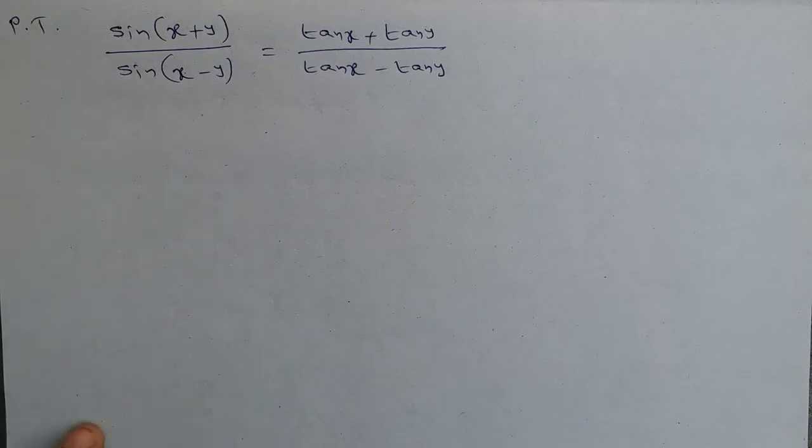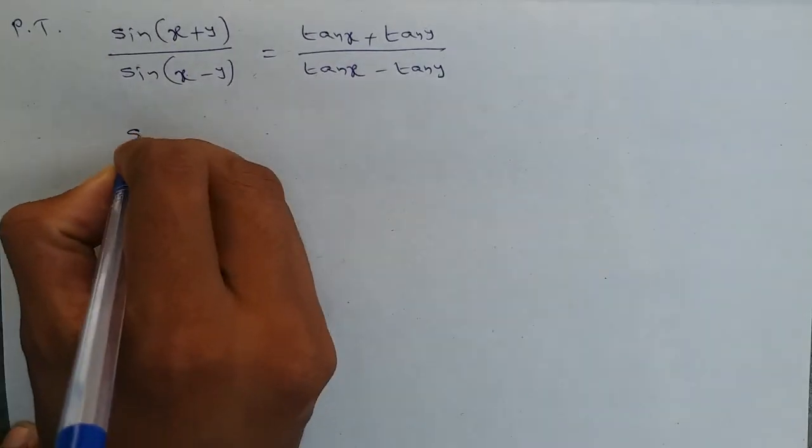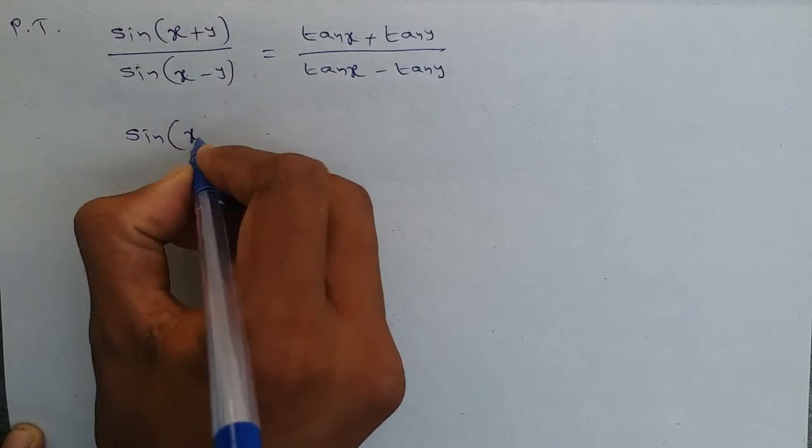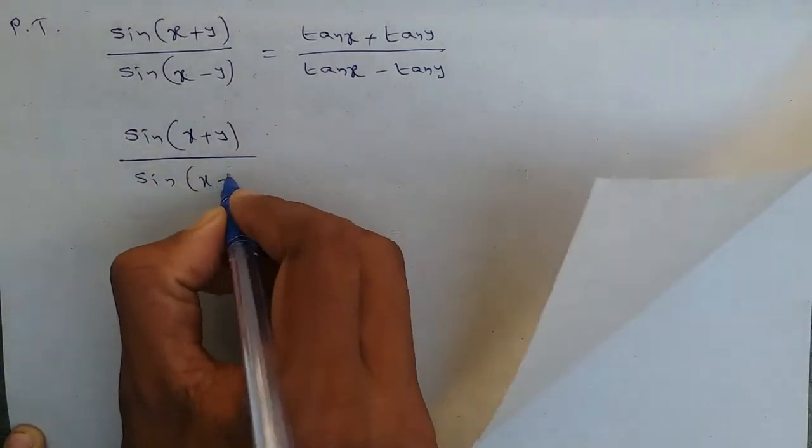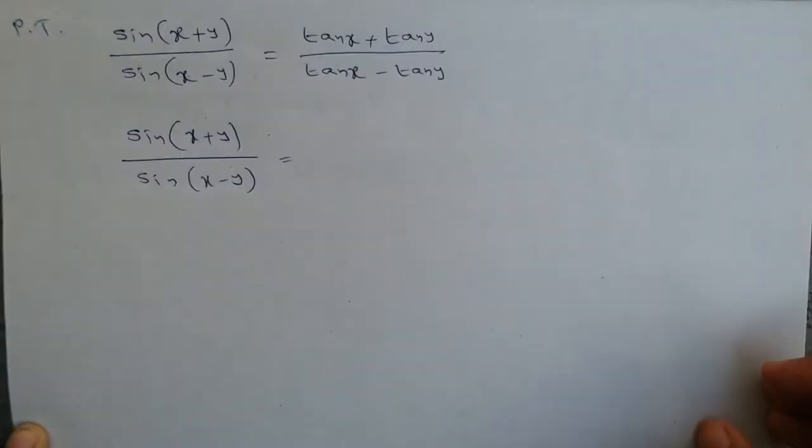Okay, let's have a look at the second question. Prove that sine of x plus y divided by sine of x minus y is equal to tan x plus tan y divided by tan x minus tan y. First I am taking this LHS. It is sine of x plus y divided by sine of x minus y, which is equal to,